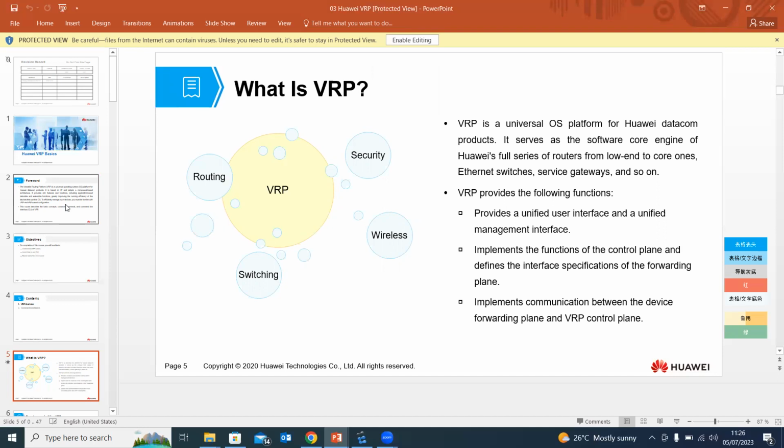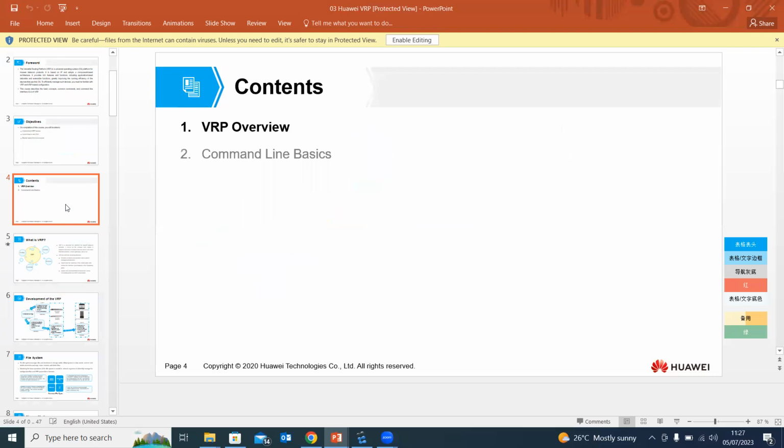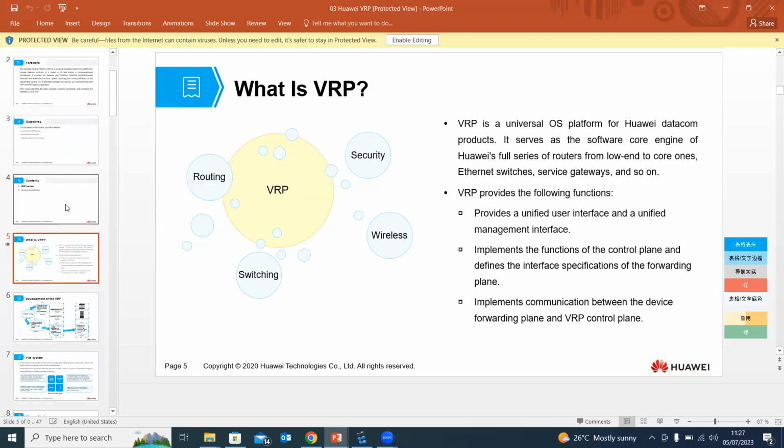So they are telling us VRP is a universal platform for wide datacom products. We already saw that. So what are the main functions in this VRP? First of all, it provides a unified user interface and a unified management interface. With this VRP, we are able to assume a real work environment by using this platform. So we can manage and access the user interface in a